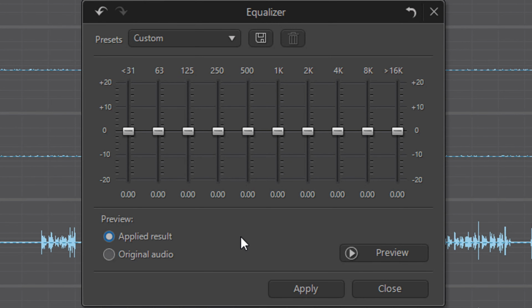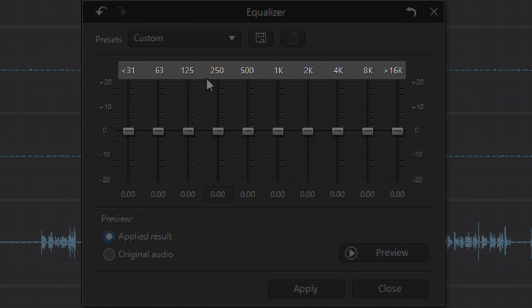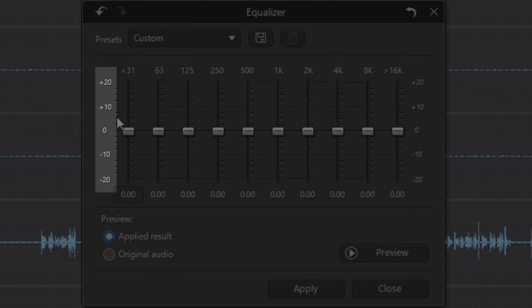And now the first thing I want to do is add some warmth to my voice. So it works different for men than it does for women. So for men, to warm up your voice, you can move it anywhere from 3 to 5 decibels around the 180 to the 200 hertz mark. If you're a woman, you can raise it 3 to 5 decibels around the 400 hertz mark. So you can see the hertz up here at the top. And then of course you have your decibels here on the side,